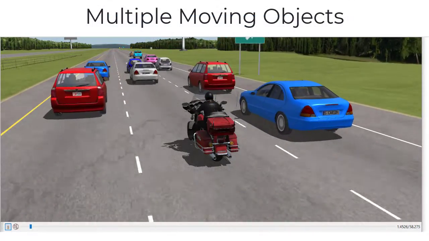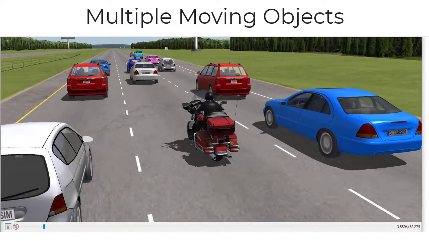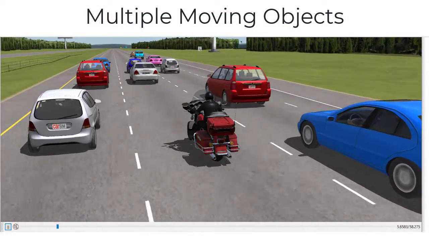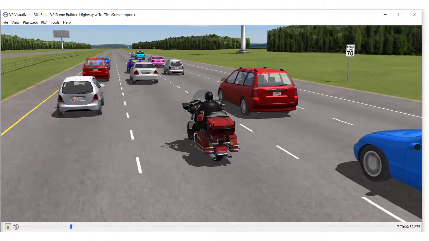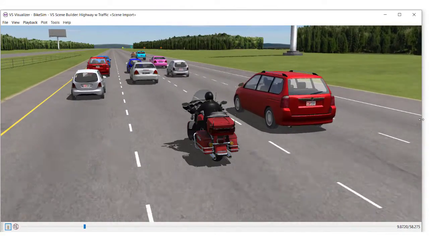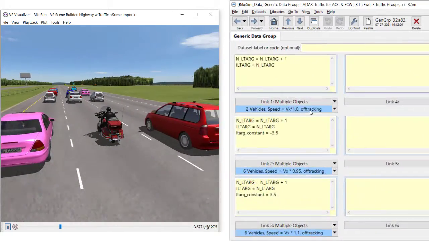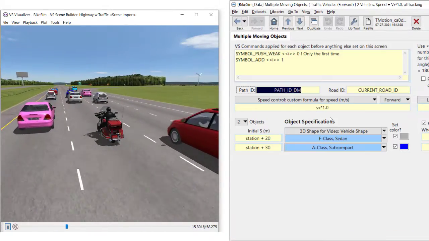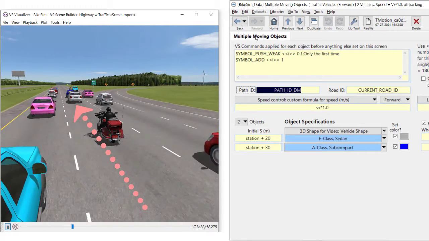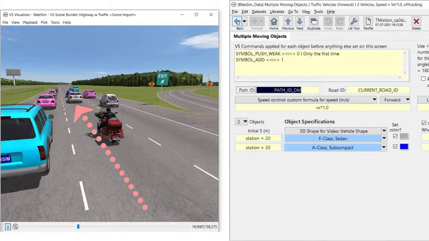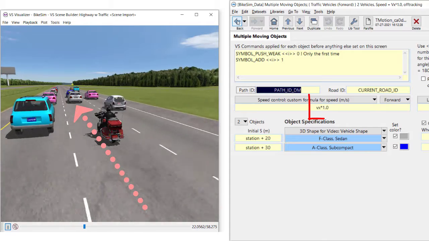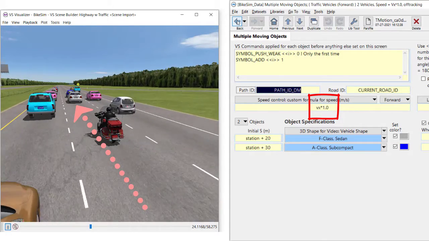This animation shows three-lane traffic involving one motorcycle, which is a full vehicle dynamics model, and other cars that are moving objects. The motion and appearance of objects are set on the multiple moving object screen. This is the middle lane traffic involving two cars whose speed is specified as the same as the motorcycle speed.